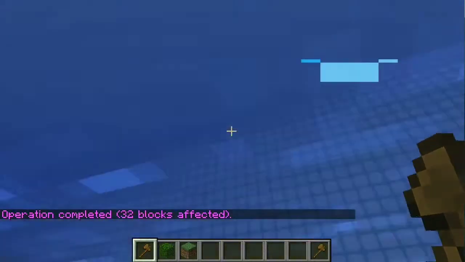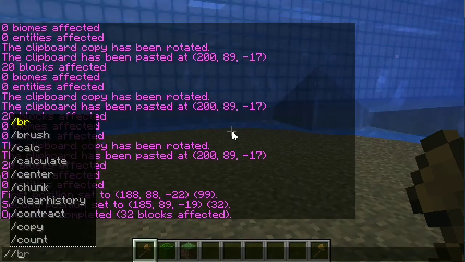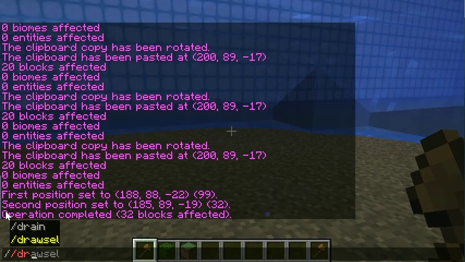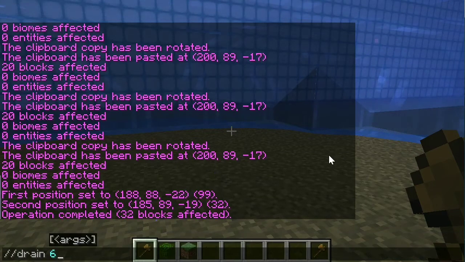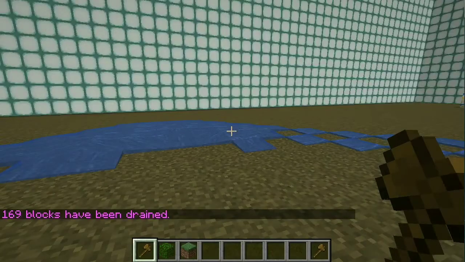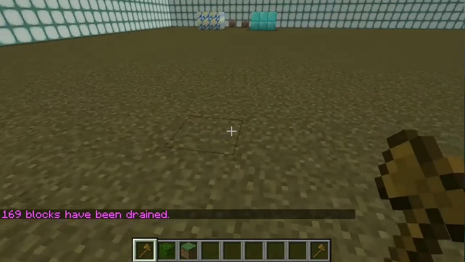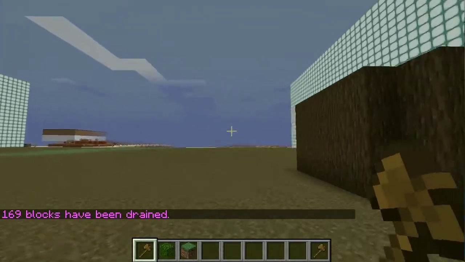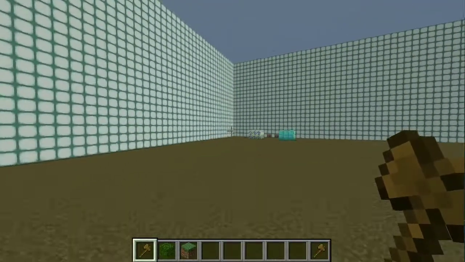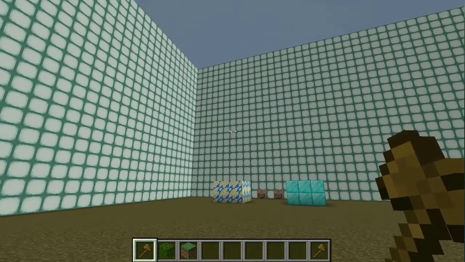So what I'm going to do is go into the water and then write this command /drain, and then however many blocks you want as the radius. I'm just going to take 6 and enter. Now as you can see, all the water blocks have been drained. It shows you how many blocks you have drained,